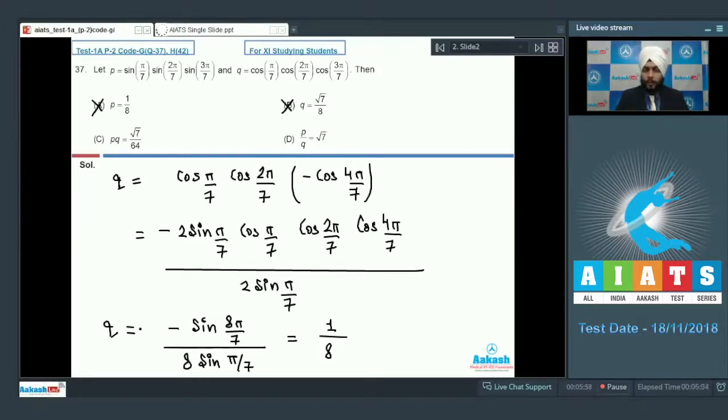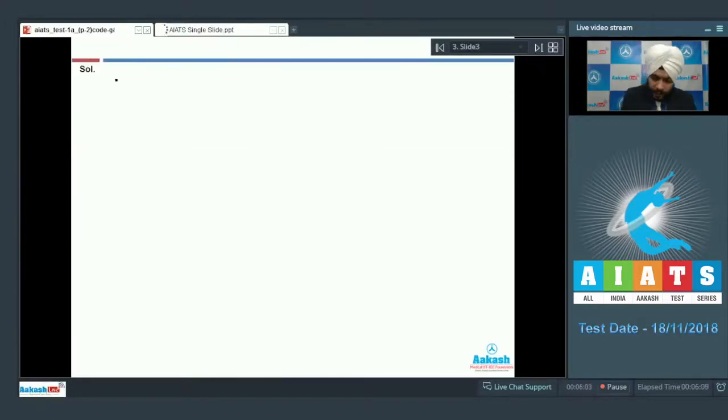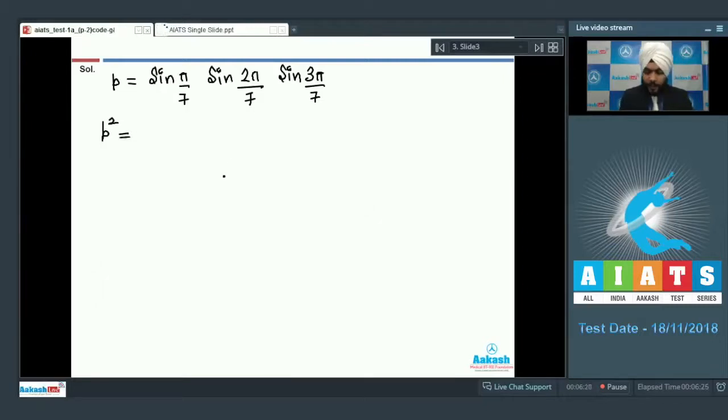Okay. Now let us try to calculate P. Okay. So P is sine pi by 7, sin 2 pi by 7, sin 3 pi by 7. Let me square it. So P square is sin square theta, that is 1 minus cos 2 theta, again 1 minus cos 2 theta, again 1 minus cos 2 theta. So 3 terms,